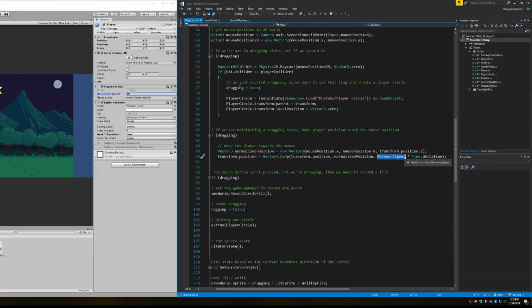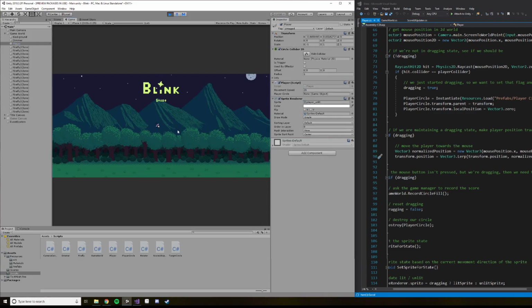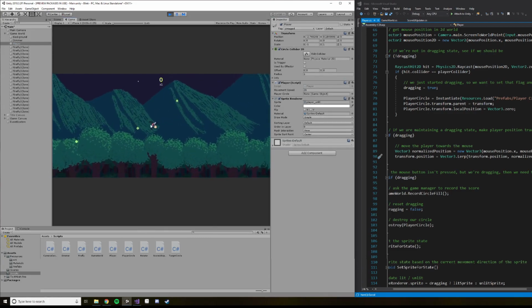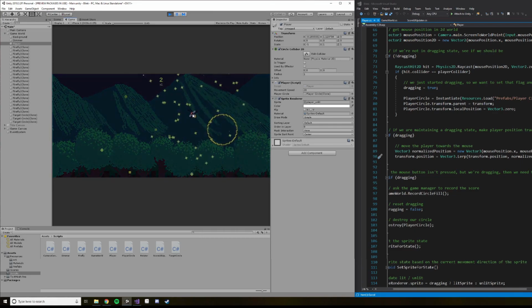Now I added this movement speed value early on, and I had it set to 20, which meant that the Firefly was tracking the mouse very closely. If we look over here in the editor, I've set it back to 20 how I had it in the last video, and we can see that the Firefly tracks the mouse very closely. There's not much delay, and you can really swing him around, and he's moving very quickly and very